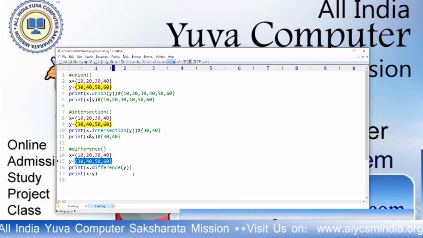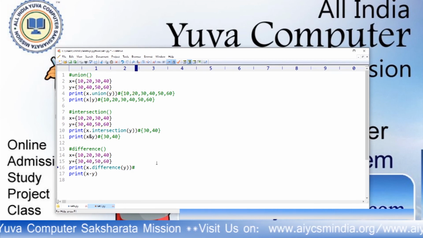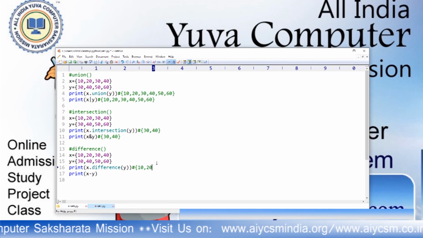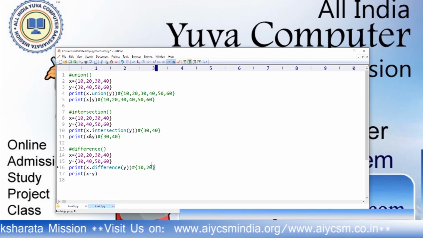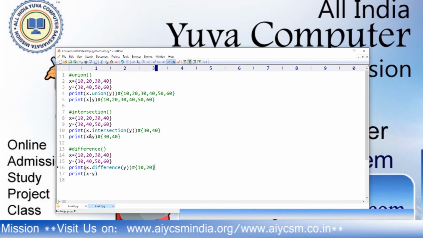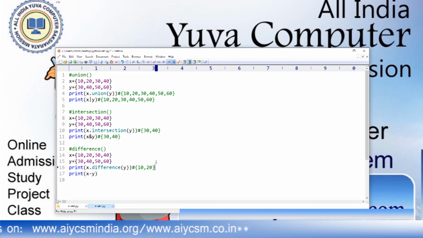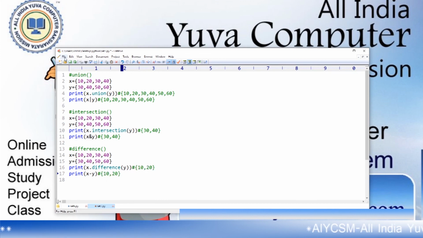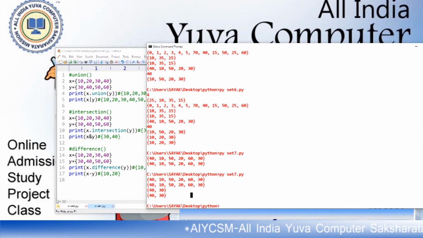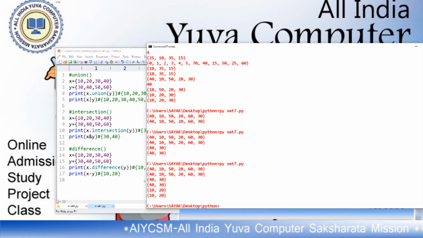So, it returned the values 10 comma 20, it is only present in the first set, not in the second set, not the common values, not the elements present in the y set, only the elements present in x, not in y, it returns those values. Okay, save it and run it from command prompt. You will see 10 and 20 only.